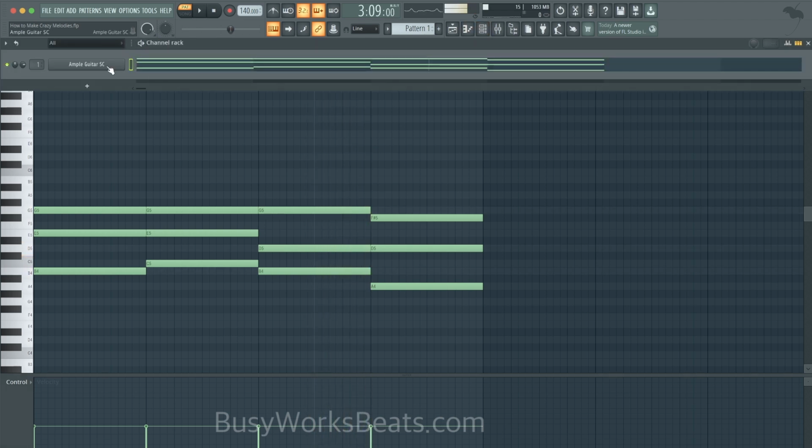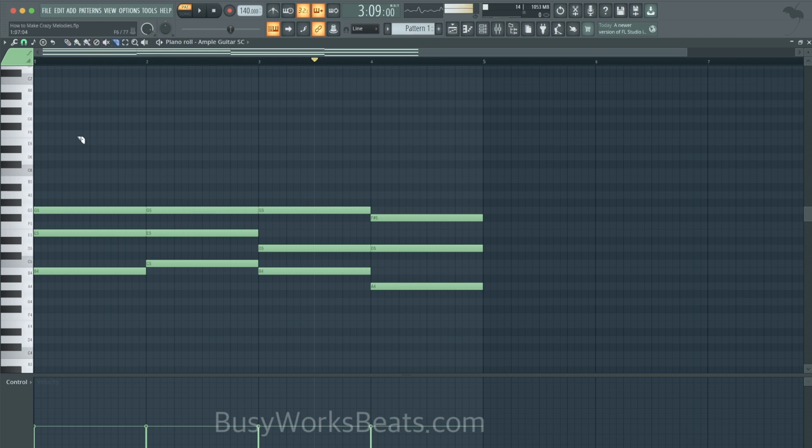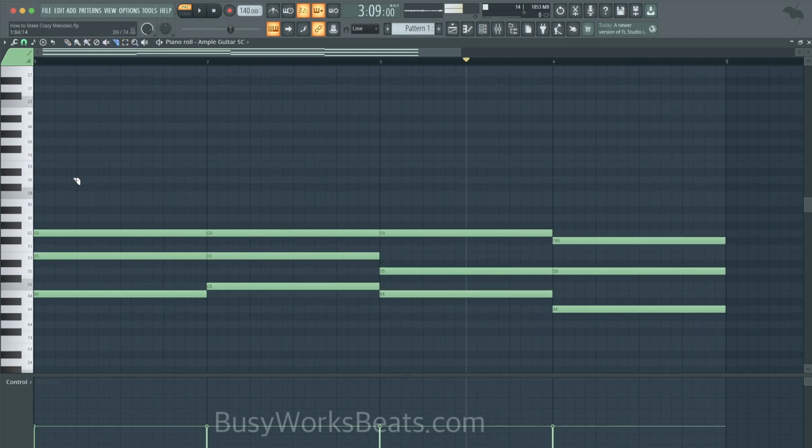Okay, so at this point, you can add effects from this point. So I'll show you a simple tool. Once you map out the chords, grab your slice tool. Now you would think you need to add more notes on top, but in reality, what we're going to do is actually slice these notes. Okay, so let's go back and give it a rhythm. Okay, so we're just slicing top, middle, bottom.